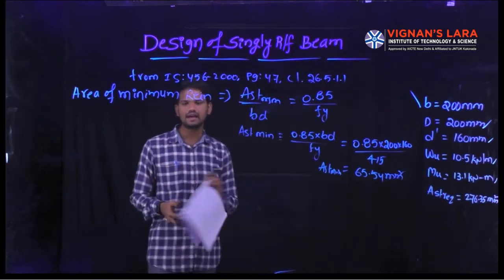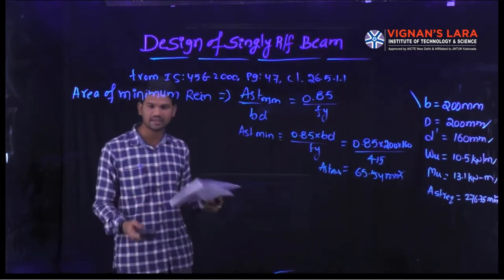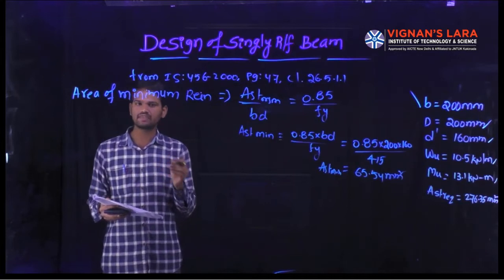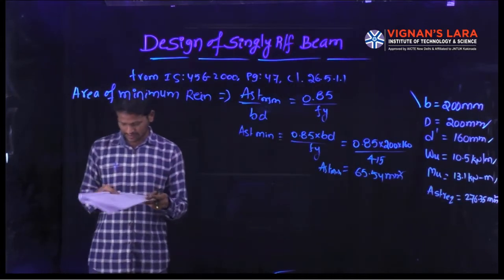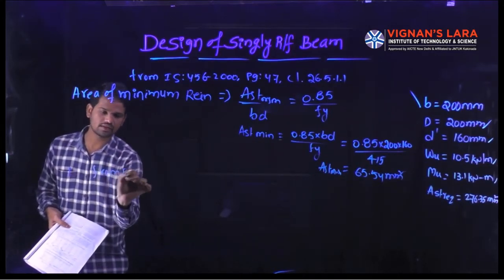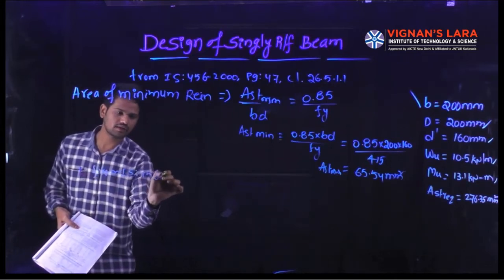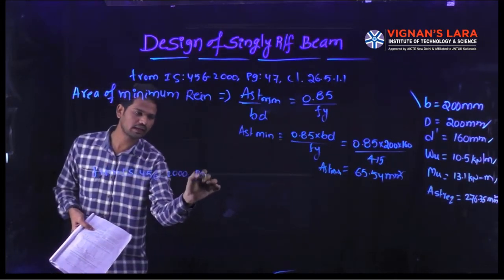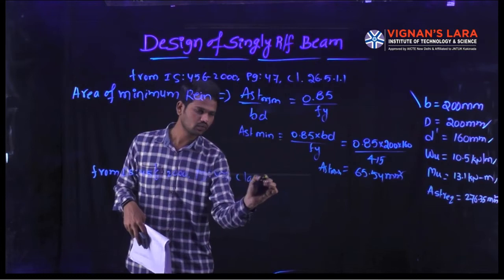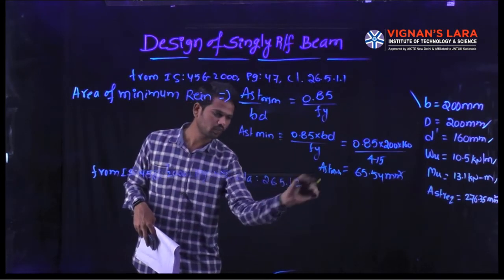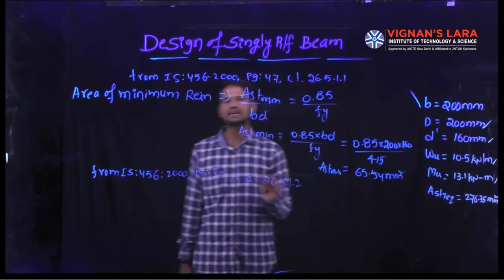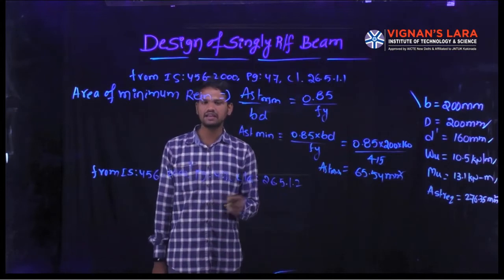Now we will calculate the maximum amount of reinforcement that will be required for the beam. That means how much maximum amount we can keep in the beam, that now we have to calculate. Again from IS 456:2000, page number 47, clause number 26.5.1.2, by using this clause we have to calculate the maximum area of the tension